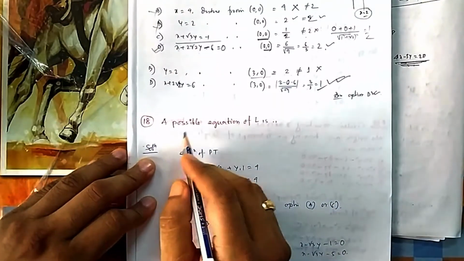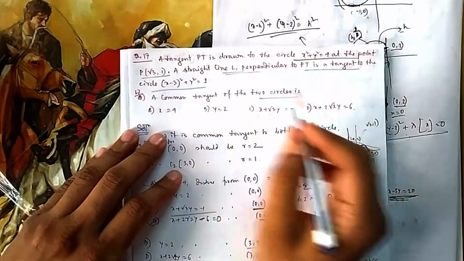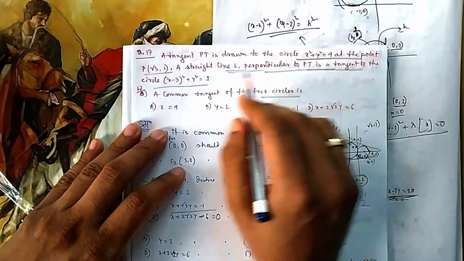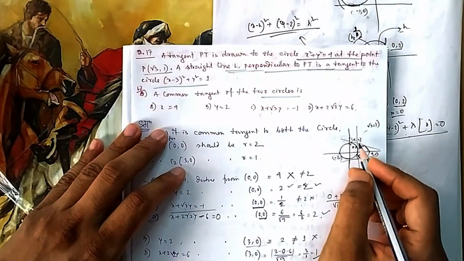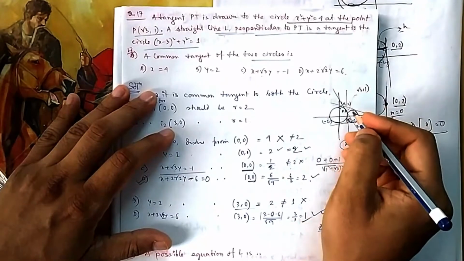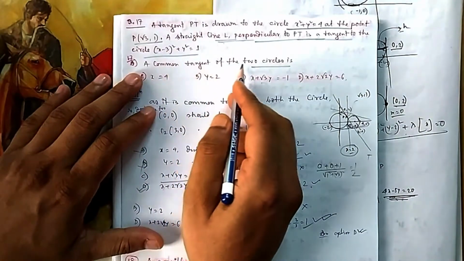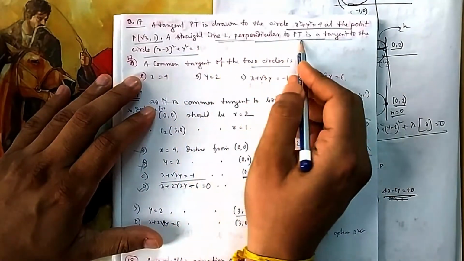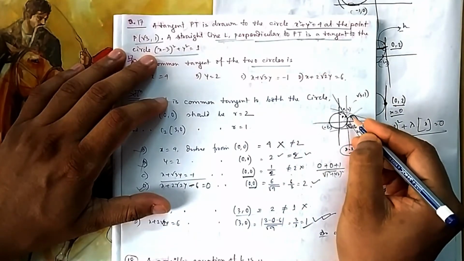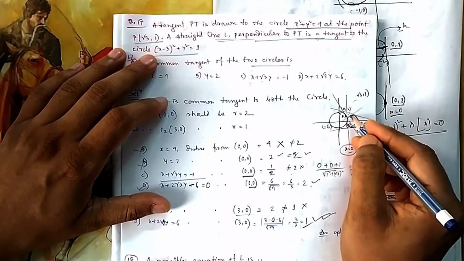Now next is the possible equation of L. So what is the possible equation? The straight line L, they are asking here, that was the question for the second part, perpendicular to PT. So you draw a tangent PT is drawn to the circle. So you draw a tangent here, PT. So I think it is going clumsy. So this is at the point, you draw a tangent PT. The common tangents to the circle, this straight line L perpendicular to PT is a tangent to the circle. So a line which is perpendicular to this is a tangent to that small circle. PT was the tangent for the big circle, and for the smaller circle it is the tangent.